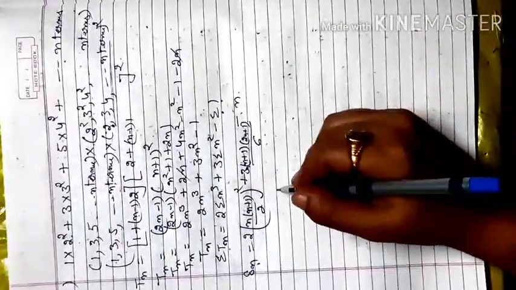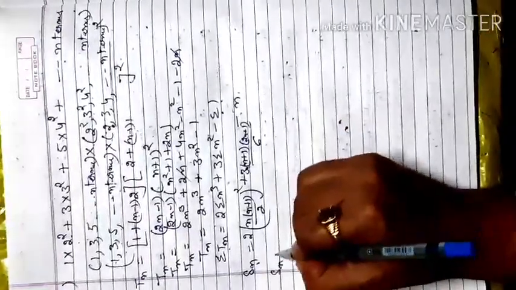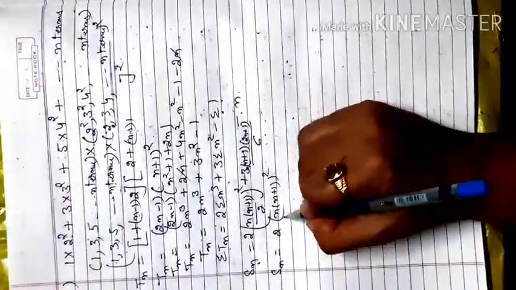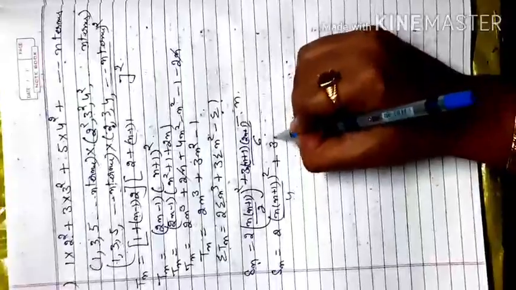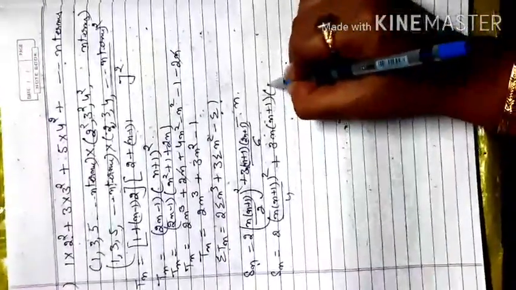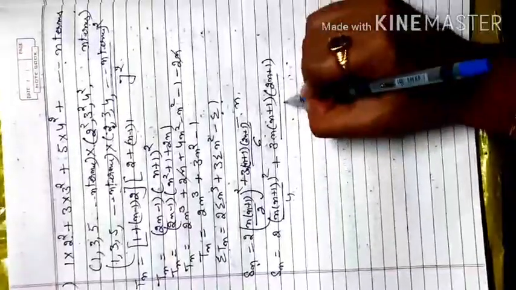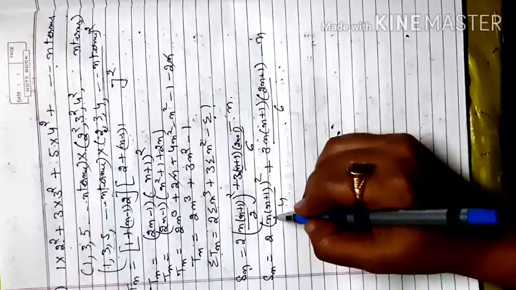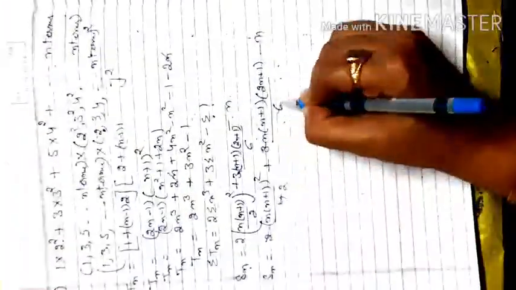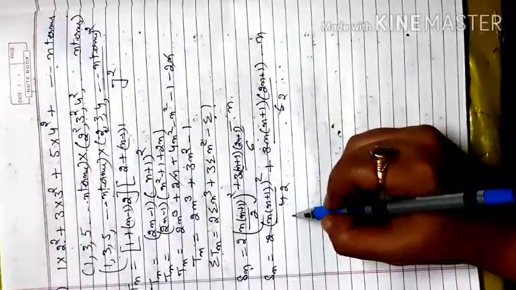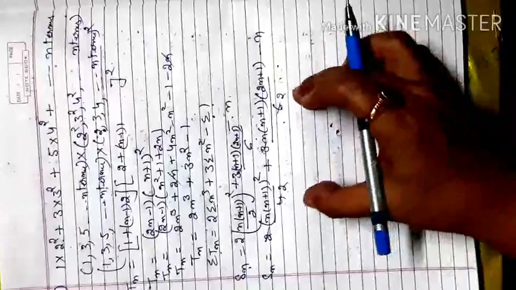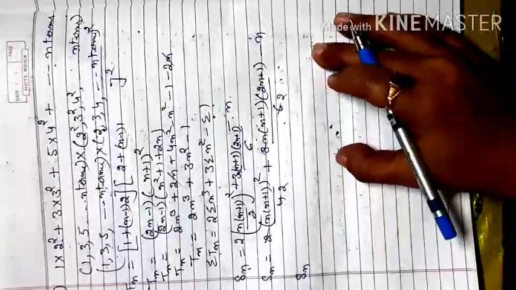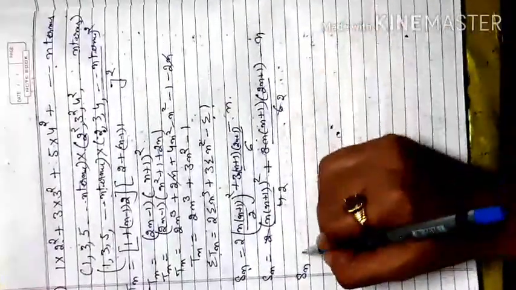So we try to open this one. So Sn is equal to 2n into (n plus 1) whole square by 4 plus 3n into (n plus 1)(2n plus 1) by 6 minus n. What I will do here, if I just want to cancel this one, 2 2s are 4, 3 2s are 6. So n into (n plus 1) by 2, I will take it common in the first two terms. If you take from this, it will be easier for your calculations. So don't start with the LCM of all the terms. First try to make it common, which is possible.